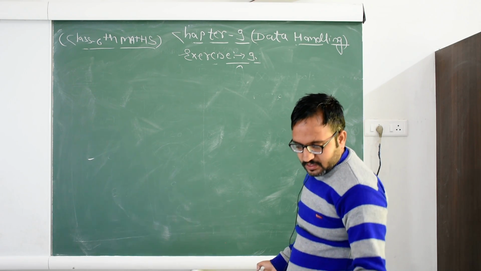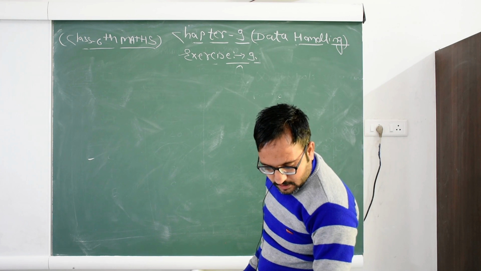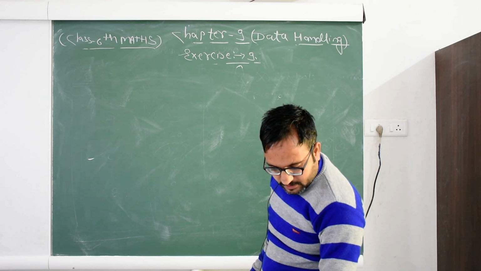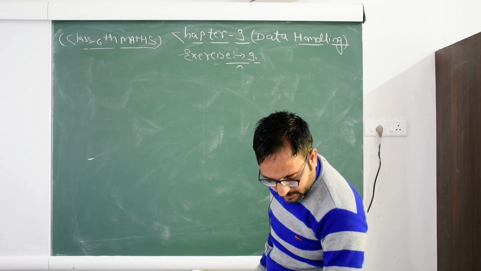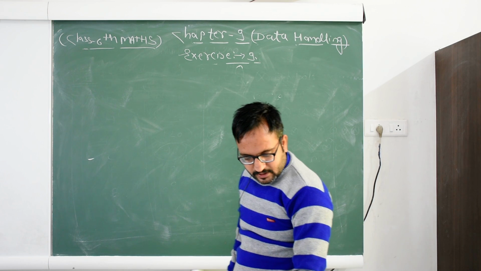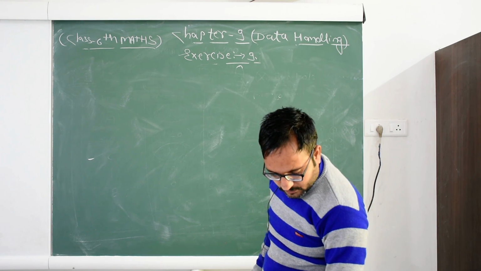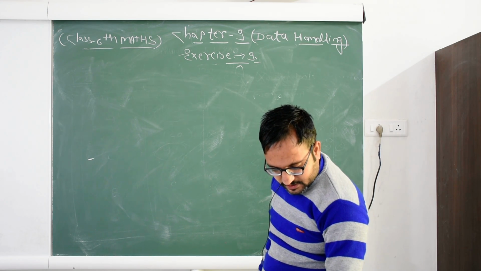Now here, question number 1, exercise 9.3. The bar graph is given alongside, showing the amount of wheat purchased by the government during the years 1998 to 2002. Read the bar graph and write down your observation: in which year was the